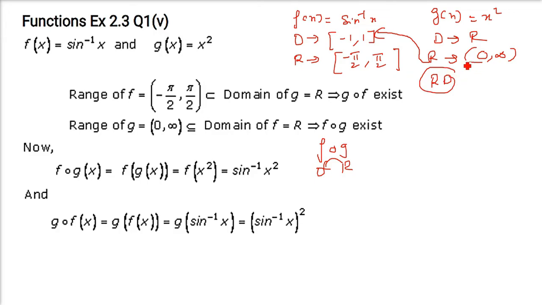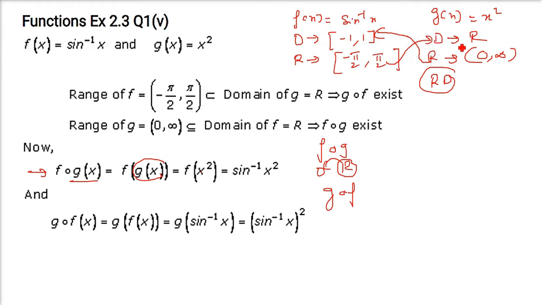But in your R.D. Sharma, and in various solutions like Byju's and Vedantu, they have already given the solution. The range 0 to infinity should be a subset of the domain of f(x), which is not there. So in my opinion, fog is not possible. But since the answer is solved in your book, R.D. Sharma, I'm just giving you an idea how they solved it. Just put x square in place of x in sine inverse x, you get sine inverse of x square.